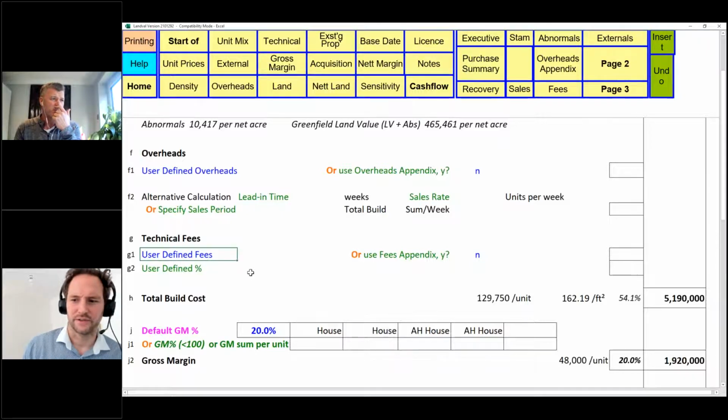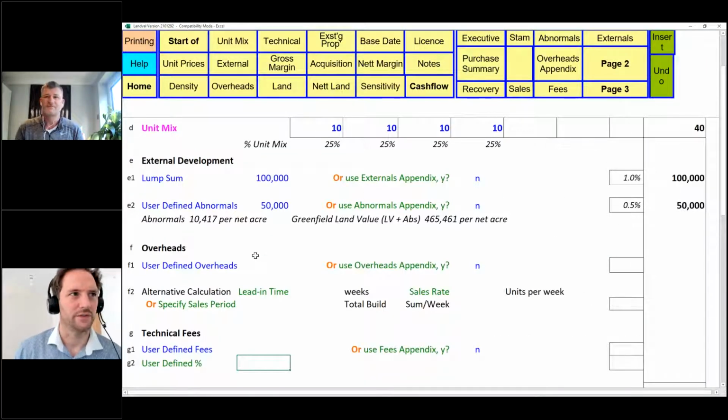Is 100,000 a likely cost for a site of this size? No, I'm just making it up. Let's just put some values in there. Don't challenge me on that. I'm just making it up. We do that very well in development, in land buyers. We're very good at that, aren't they? So yes, I'm just making it up for effect to see what will happen.